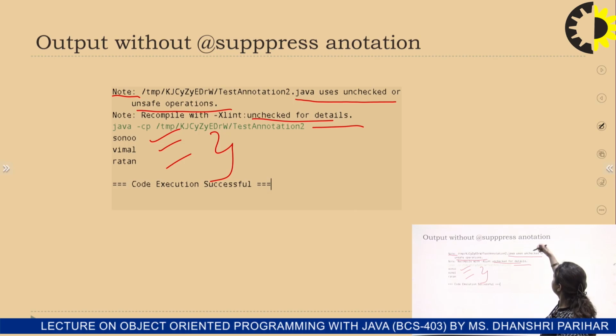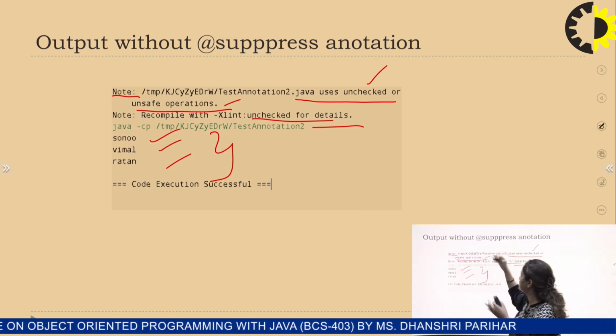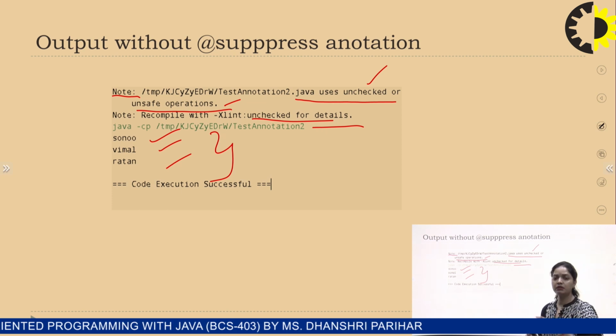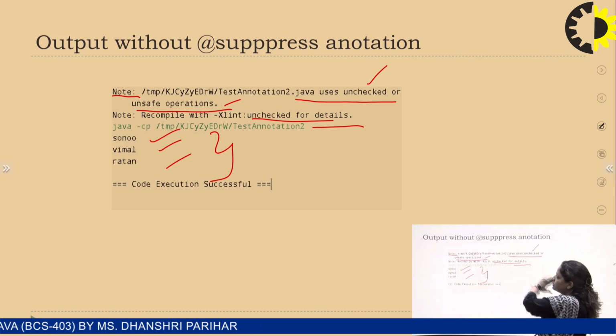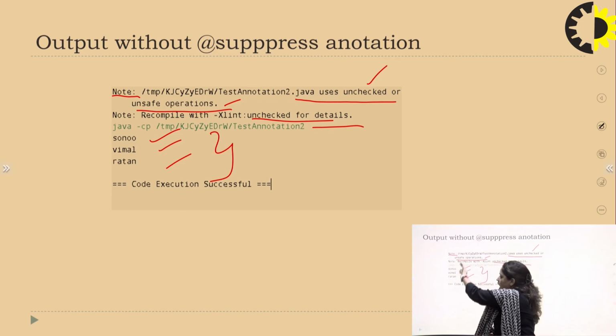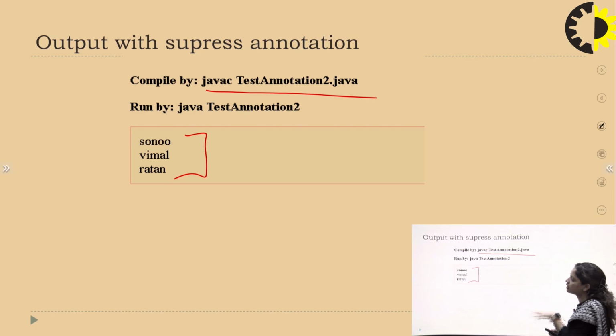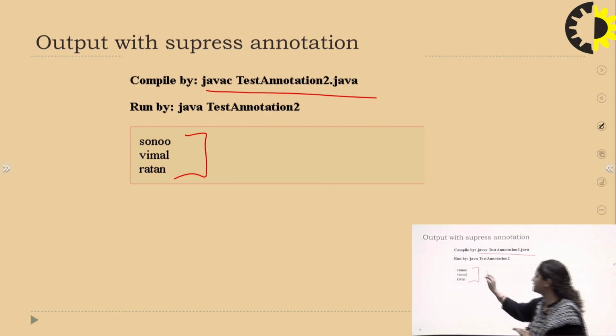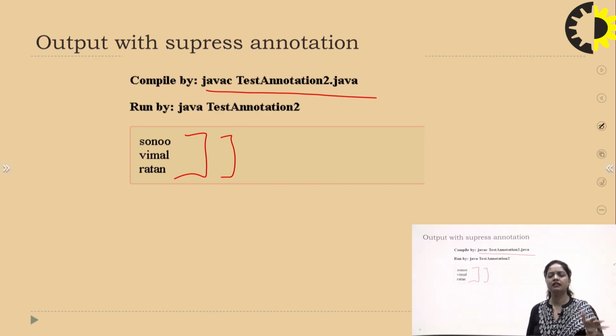Okay, but without unchecked or unsafe operation being executed, unchecked exceptions may exist in future. That warning will be given by the compiler along with our outputs. But in the previous example, when we had the SuppressWarnings annotation in our program, written by our developer, we are simply getting the output. We are not giving any instruction or warning in our output. So that is the difference. That is the use of the @SuppressWarnings annotation for a developer in Java programming.